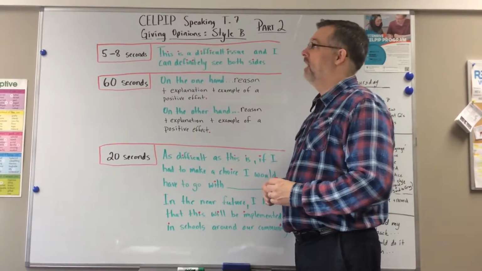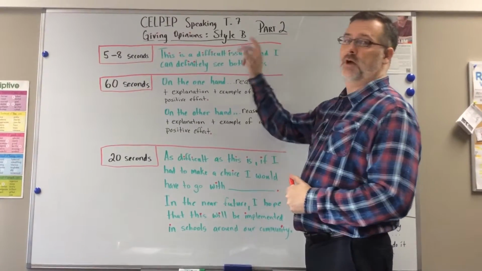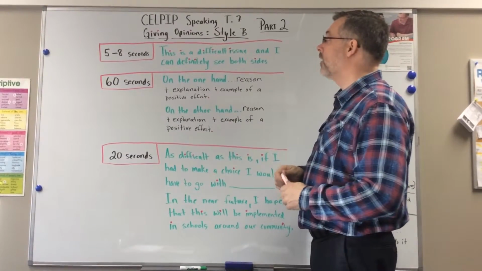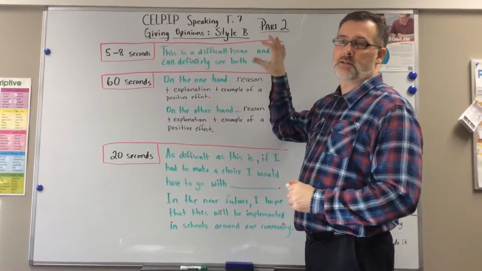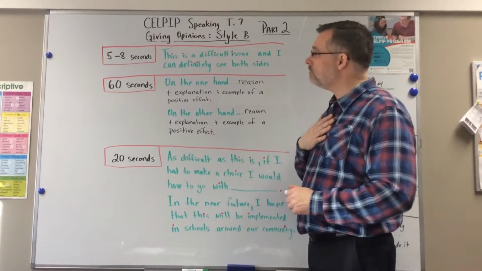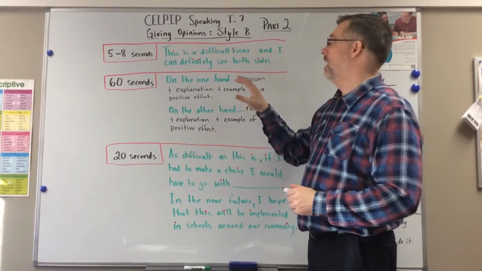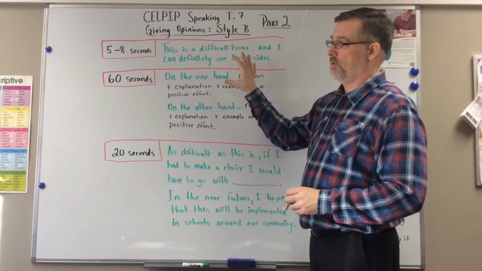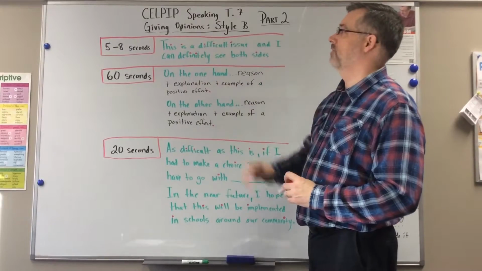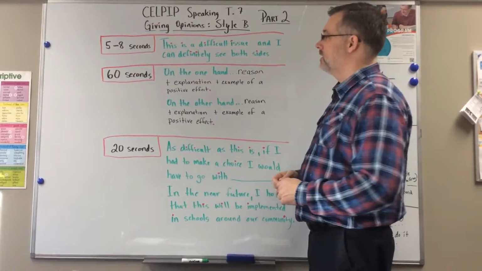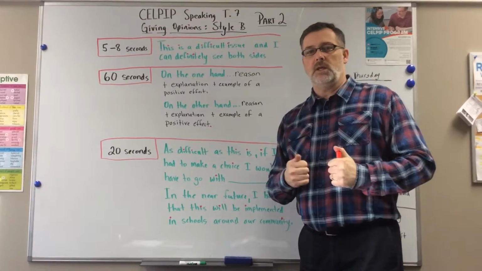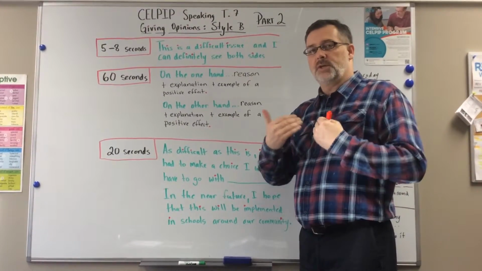Hi there, everybody. This is part 2 of CELPIP Speaking Task 7, giving opinions, and this is style B. So in the first video, I had taught you one way to do this section of the CELPIP speaking test. Today we're going to look at style B. Style B is when you want to express that